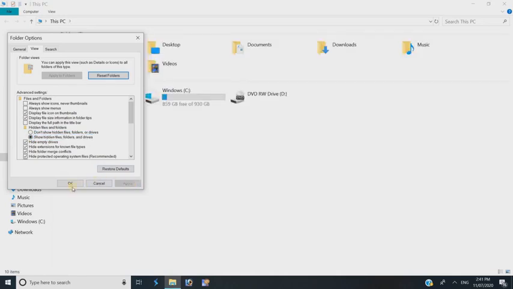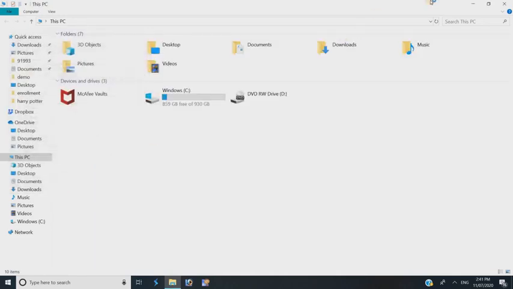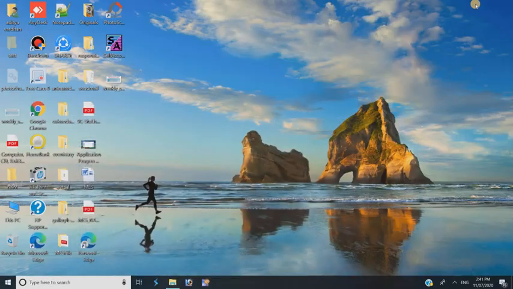After applying this option and clicking OK, you will see the files and folders that have been made hidden from the area now displaying here. This was the folder and this was the file which were hidden from the desktop. So let us again change the property of this folder and this file.